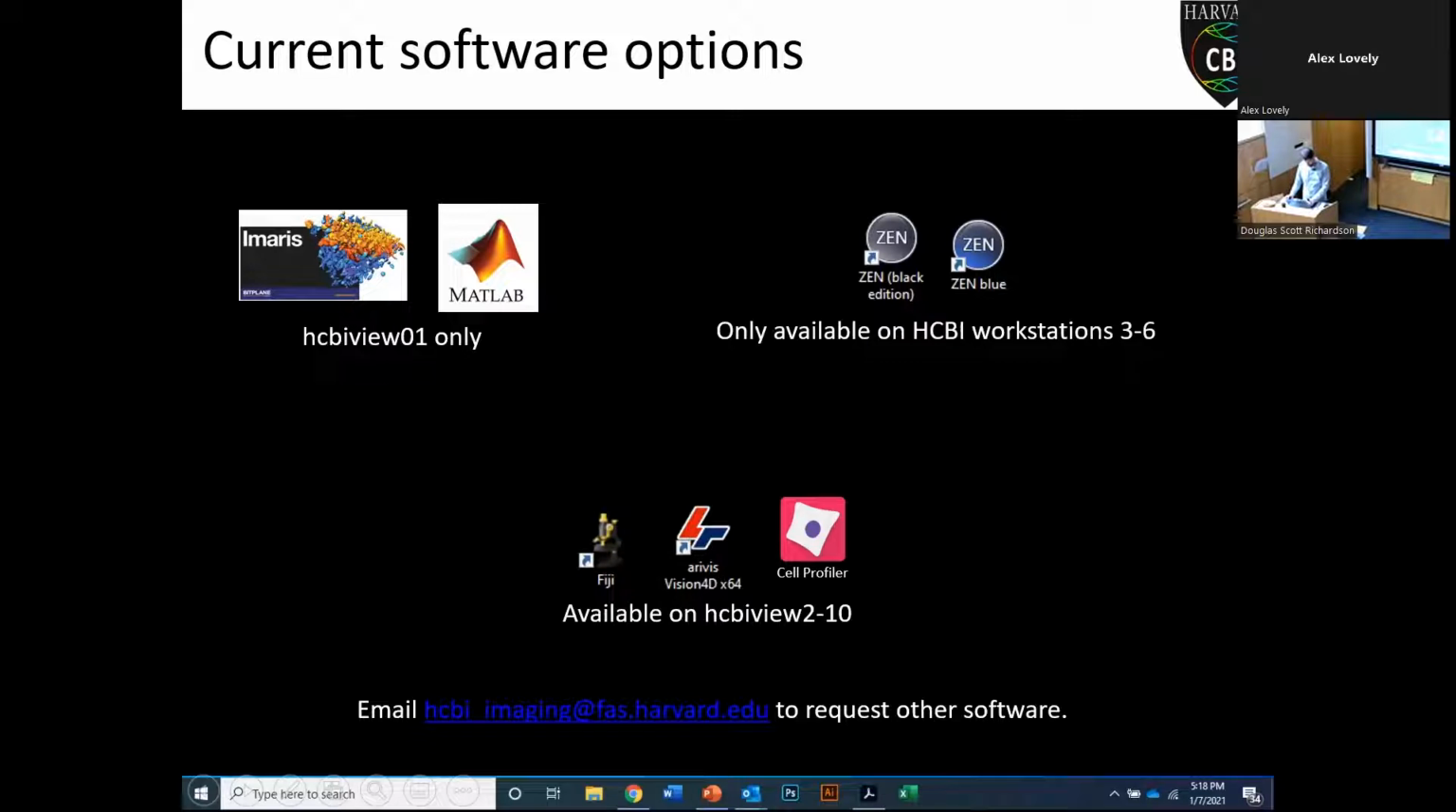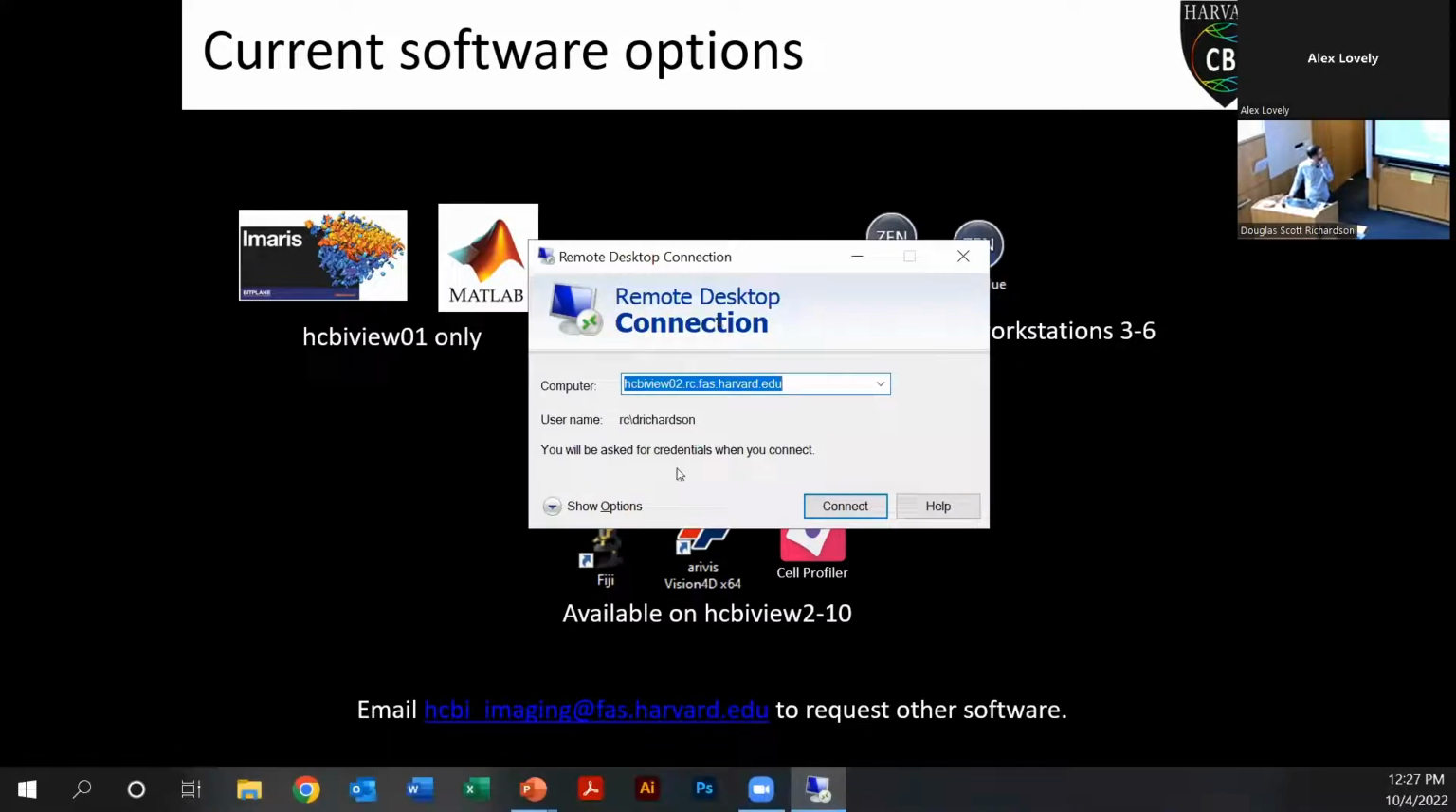Then you just open up remote desktop connection. If you're on a Mac, there's a version of this that you can download for your Mac. So I'm just going to connect to this one, HCBI View 02. One thing to be careful with here is this will initially default to just your local account on your computer